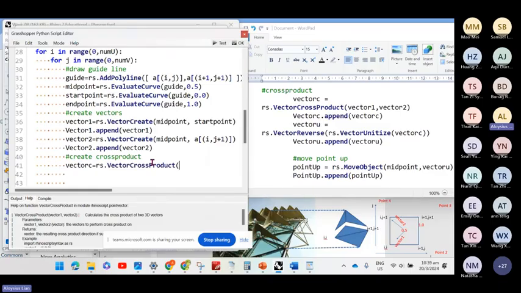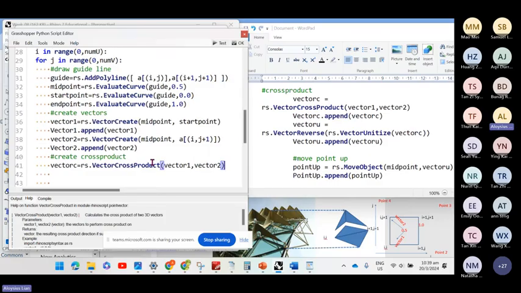Every time it autocompletes for you, you just press enter. So I just need to assign it these two vectors, the 1 and the 2. By doing this, you are already getting the perpendicular direction. But the next step that we are going to do is